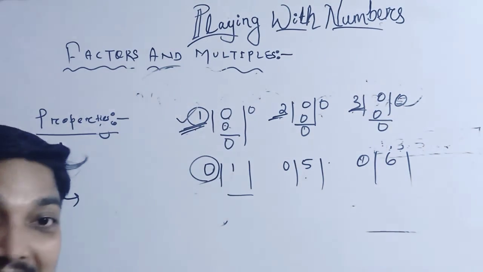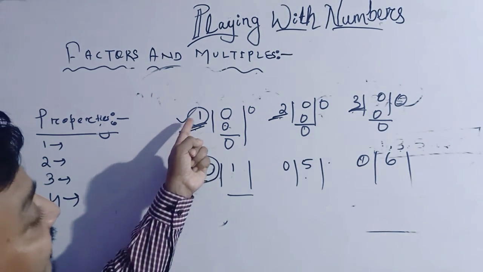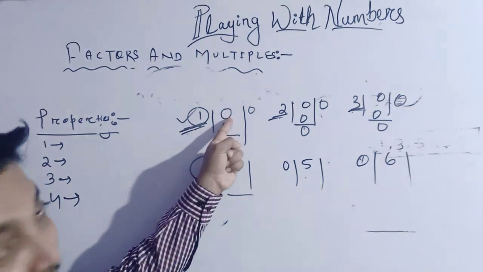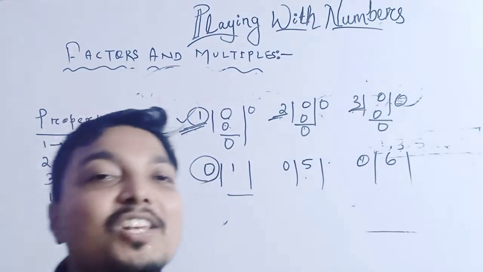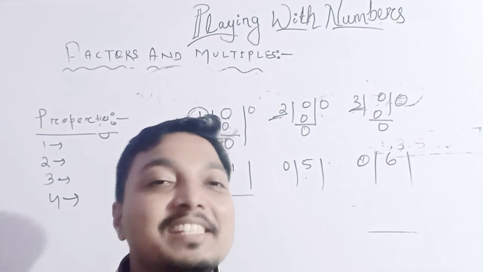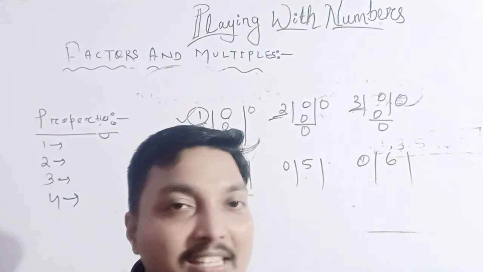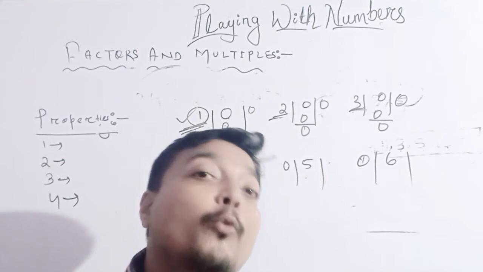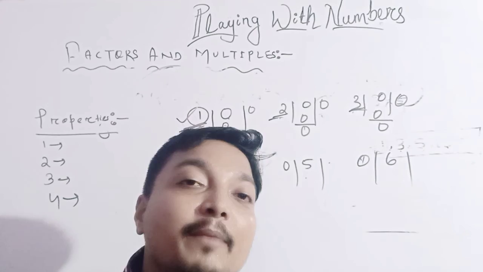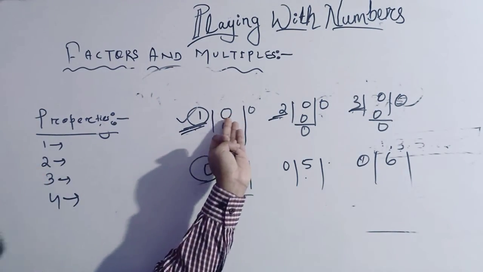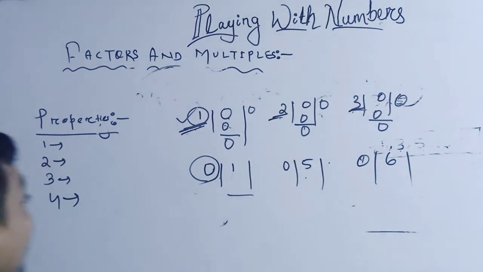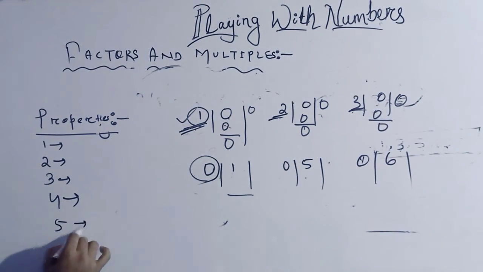Interesting thing: any non-zero number is a factor of 0, but 0 is not the factor of any number. Which number is not the factor of any number? It means 0. And for which number is every non-zero number a factor? It means it is our 0. Understood? The next point can also be written.